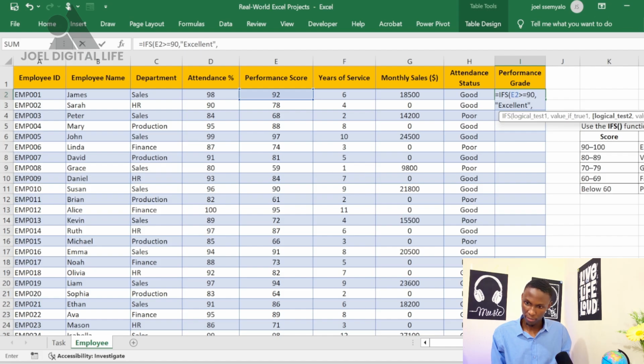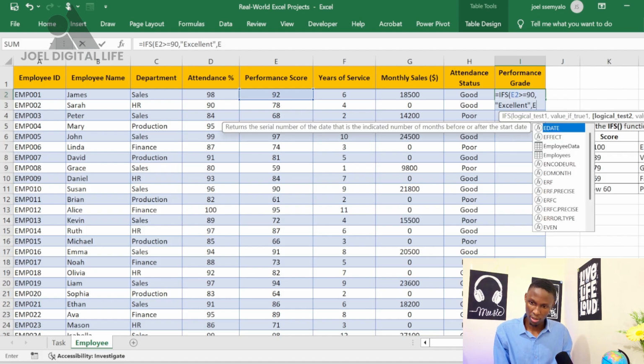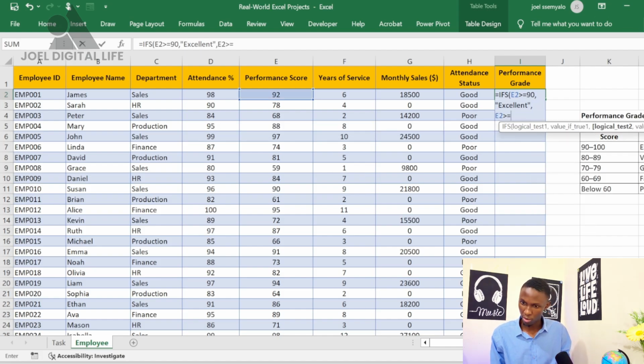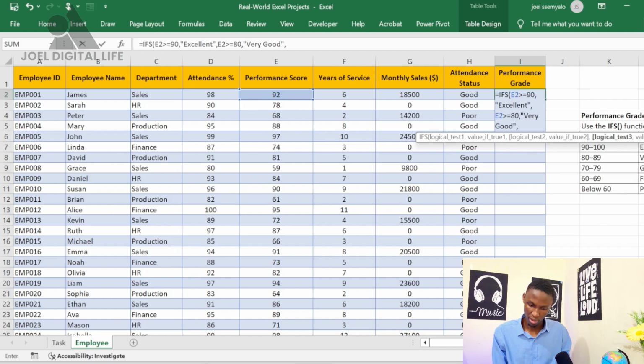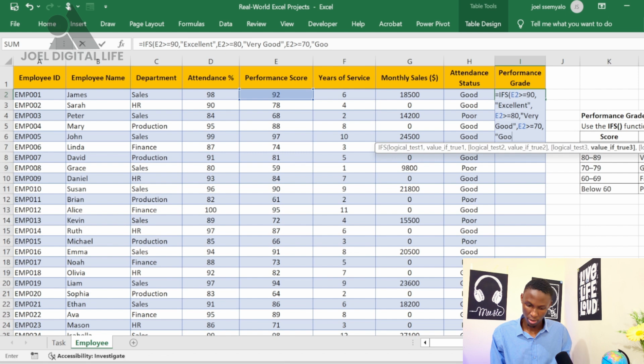I'll write again if our column E2 is greater or equal to 80, then it should be very good, comma. Again our cell E2, if it's greater or equal to 70, then it should be good,